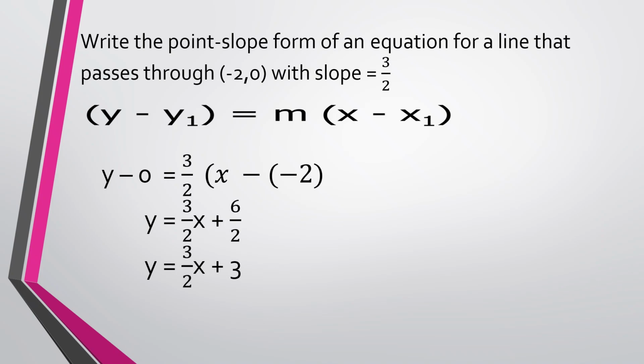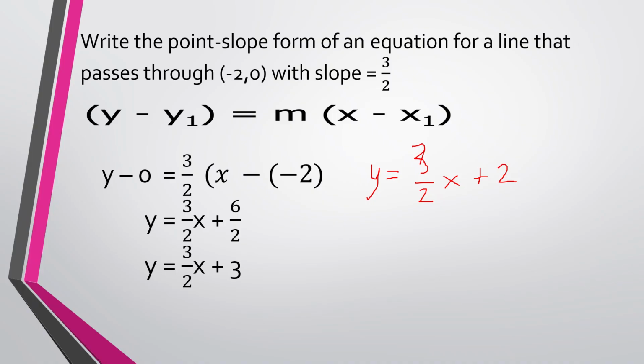So at first, you might get confused. So y is equal to, since it's 0, that would be 0, nothing, no? So 3 over 2 x, and then we got 3 times 2, because this is positive already. So it's like a plus 2, no? Like that. But eventually, you need to multiply.